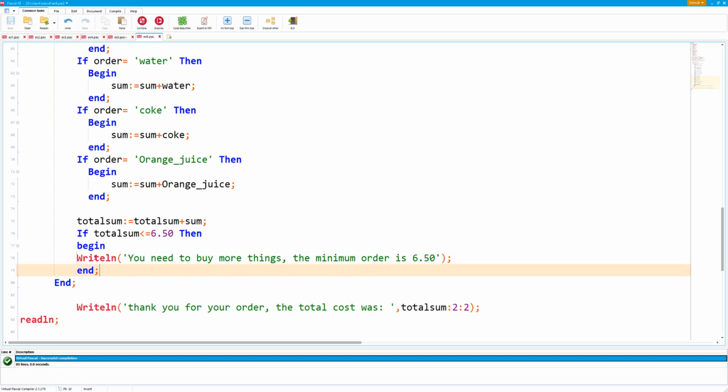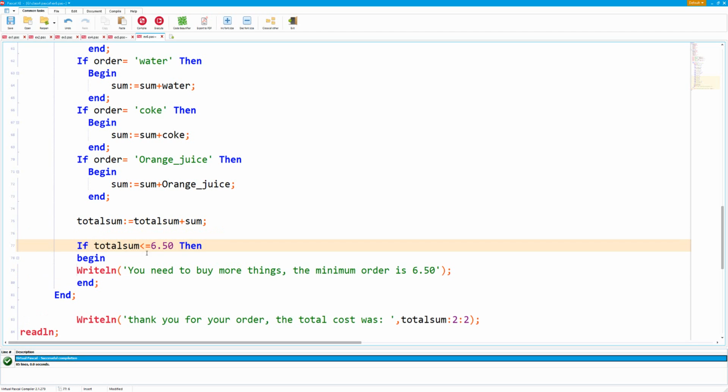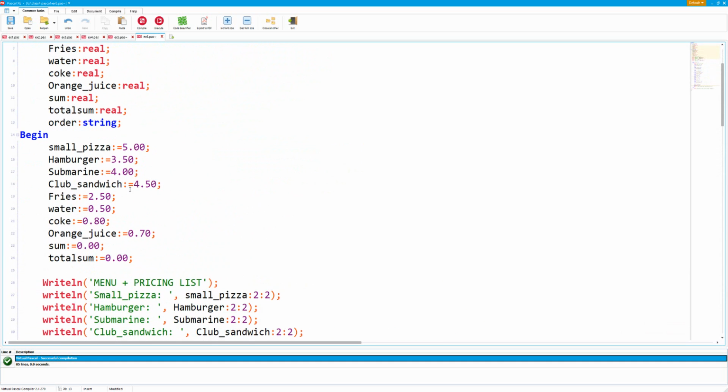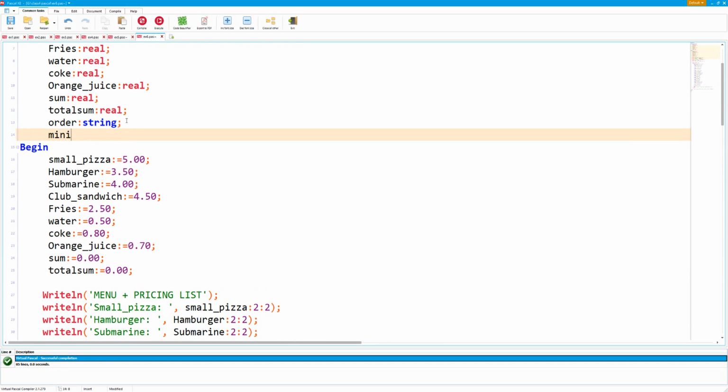So here we have a little check that's checking if we've reached 650, which is the minimum order. Okay? Now, what we can do is we can basically do 650 minus the total sum to see how much more money the user has to spend. Okay? But to do that, again, we need a variable called something like minimum order. Okay? So I'm going to create a new variable called minimum, and I'm going to give it a real type,